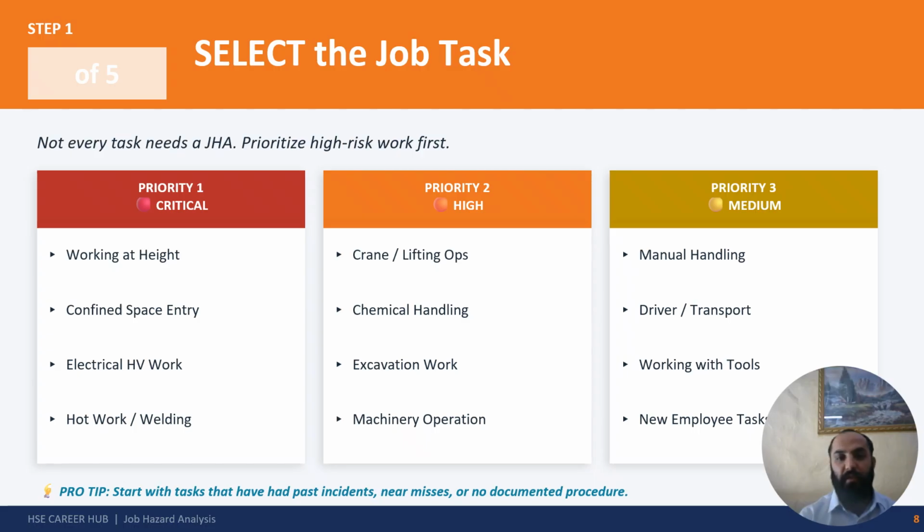Okay, medium risk. So here is where you can find the company records and then you decide based on this. They are telling you where our people got hurt. Those company record tells you about those history. Start from there. And one more thing, when you select a task, make sure you write it down specifically, not